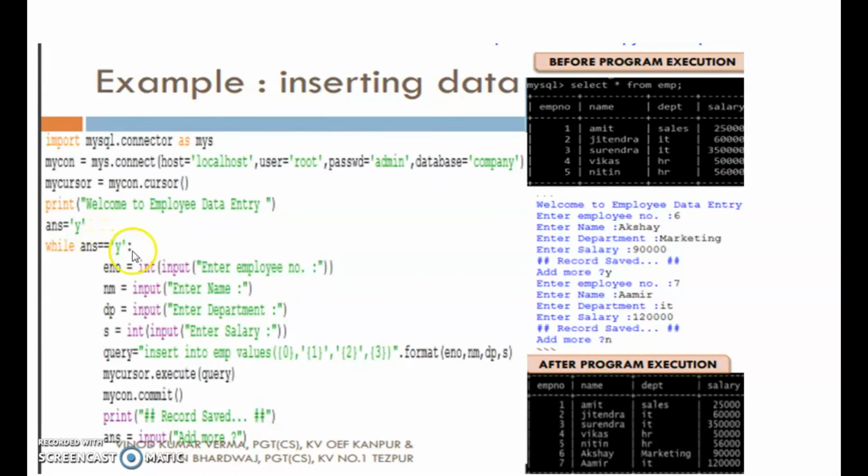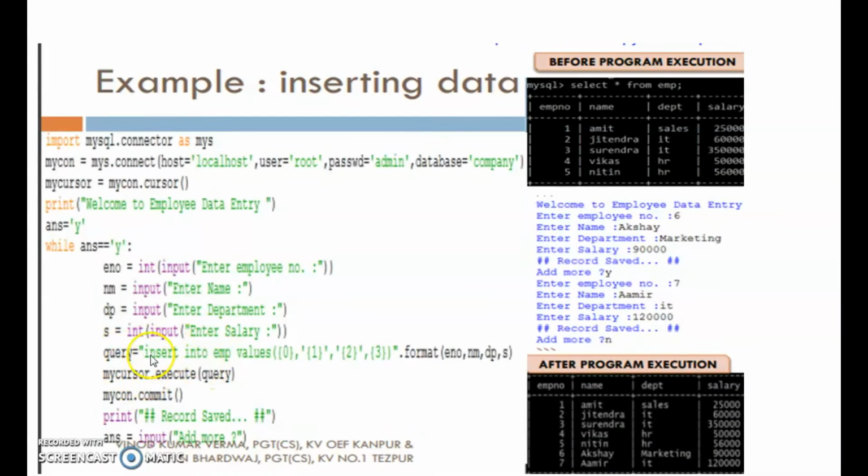While ans is equal to y, eno, employee number, is equal to int(input("enter employee number")). The employee name is read into the variable nm. Department is read into dp. Salary is read into a variable s. So here we have 4 variables eno, nm, dp, s for employee number, name, department and salary.